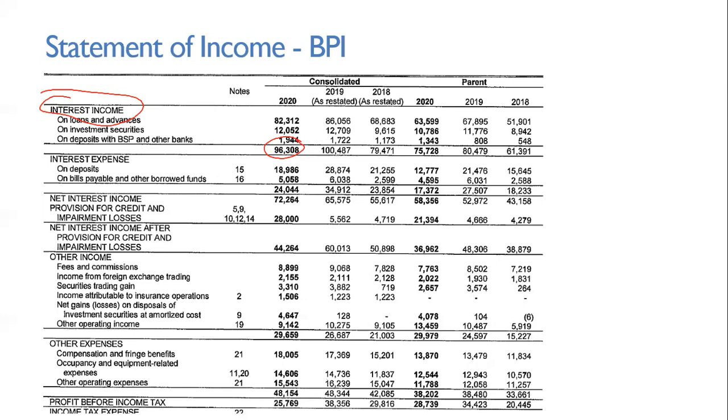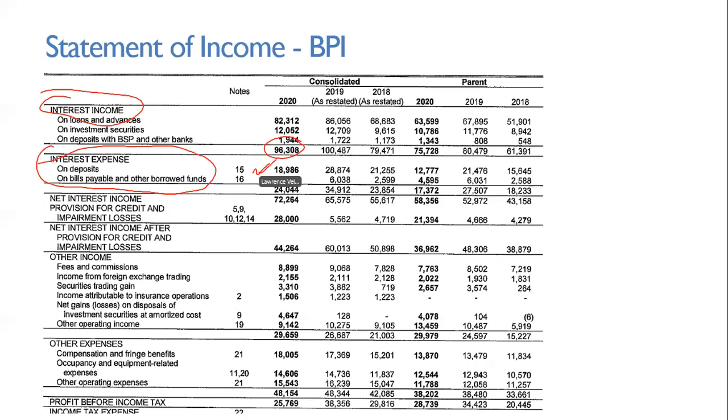So the main expense of a bank is the interest expense. The amount that they pay you for providing funds to the bank. Okay? So here, if you look at deposits here, interest expense on deposits is only 18 or 19 billion pesos. Kasi maliit lang naman ang interest sa deposit, right? At 0.1%. Right? So therefore, maliit lang talaga yung interest expense nila sa deposits. If they have other borrowed funds which have interest, then kasama yun sa interest expense.